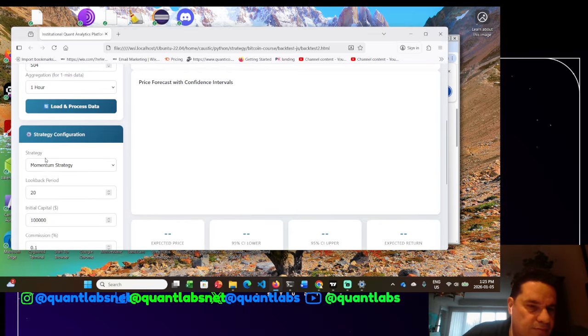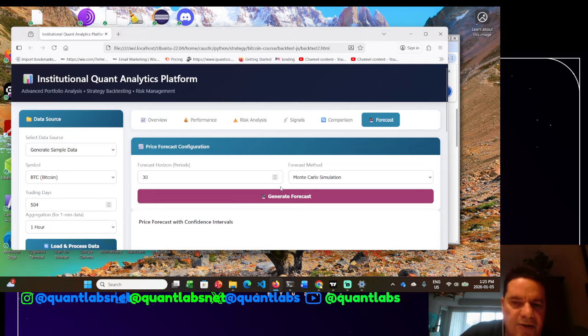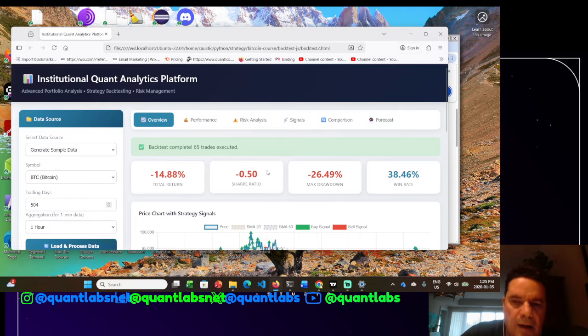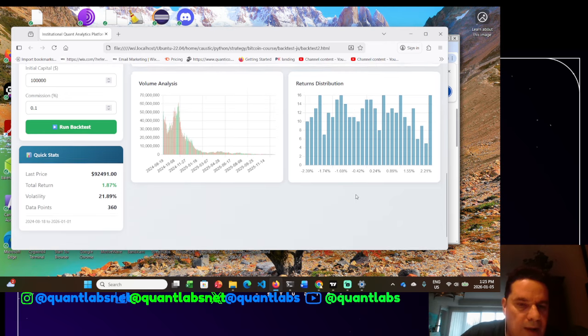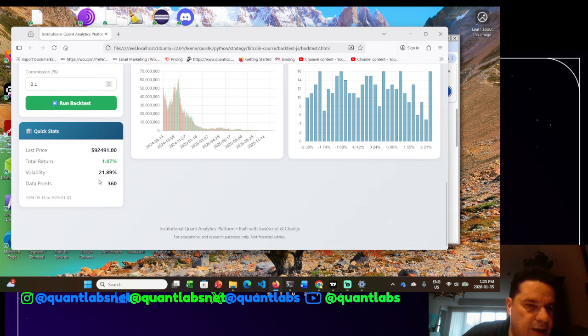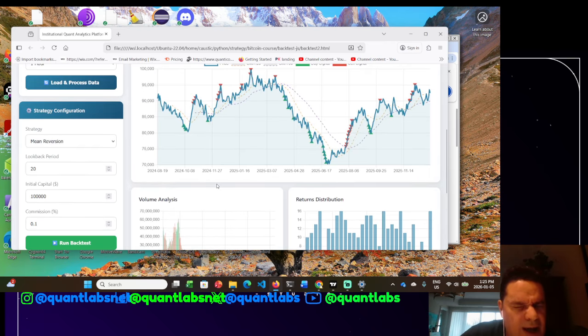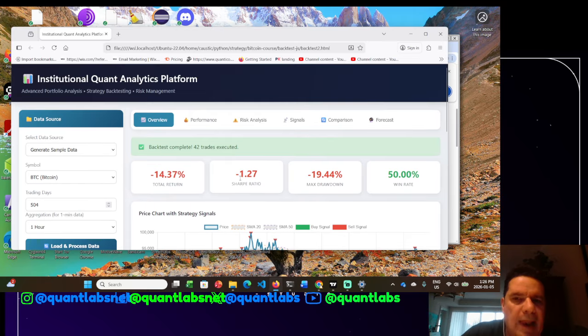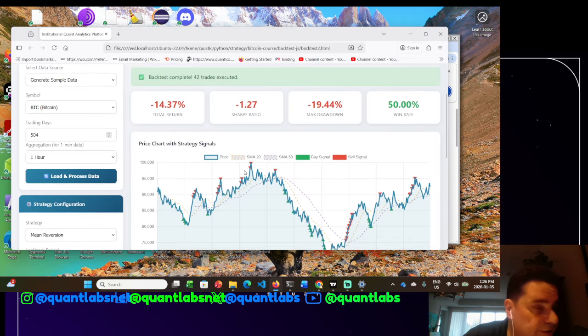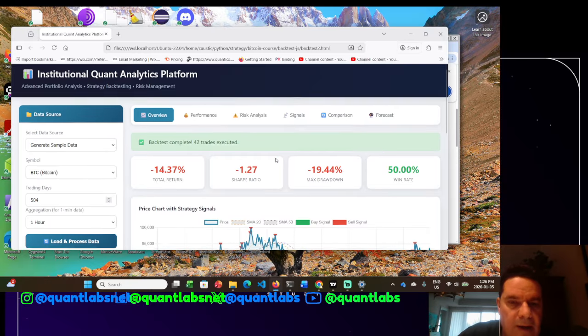Okay, so let me just pull up another strategy. I don't know. Let's say mean reversion might be a better one. So we'll do another backtest here. Okay. And you see here, we're losing money or gaining money, and there may be other assets out there that might do better. In our case, we could look at gold, silver. At that time was better. Maybe gold, silver may drop, and Bitcoin may come back along with other crypto coins as well.